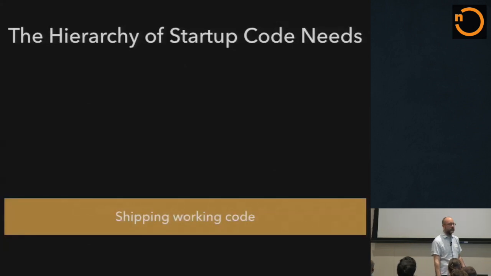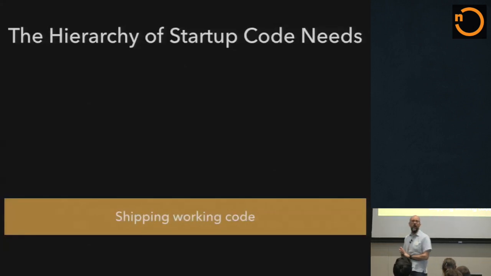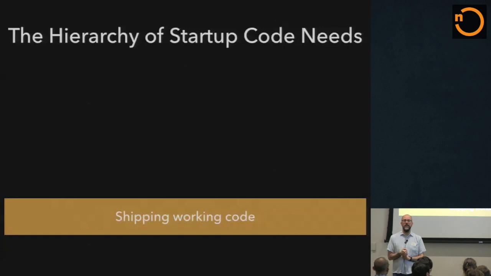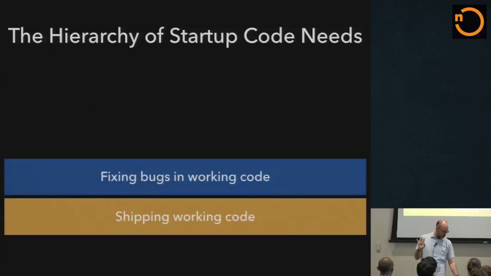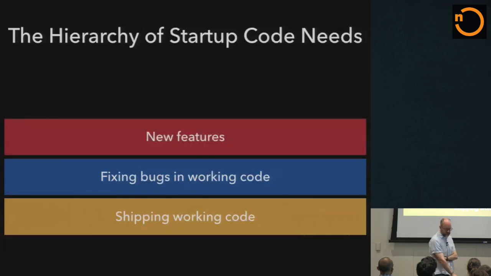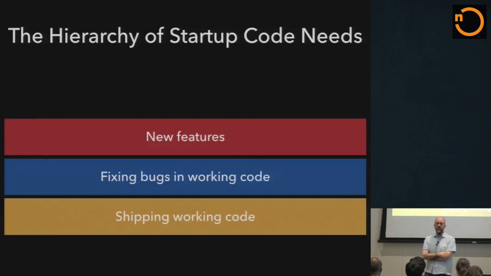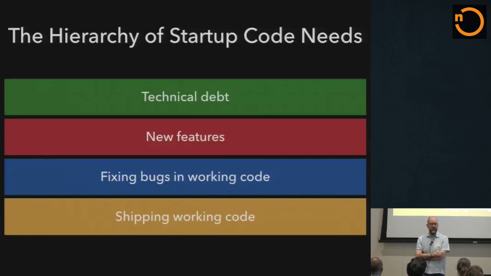So what's the first thing you're going to do? Well, obviously, you're going to ship working code, right? I mean, it's got to keep working. All right, that's good. What are we going to do? Let's go fix some bugs. Good. OK, now we're doing well. If we get time, we'll fix those bugs. What else should we do? Well, if we can get those things done, we'll build some new features. OK, sounds pretty cool. And then, if we get the time, we'll deal with our technical debt, or whatever debt that comes with it.